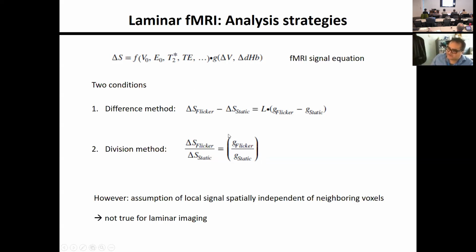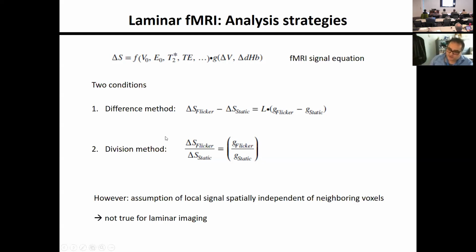And we have just a sensitivity based on the physiological changes. So this approach is actually better than the difference method, but it has the weakness that voxels which are not active, for example in static, they have a low signal, which means this ratio is big. So it's visually and statistically very difficult to evaluate this method,